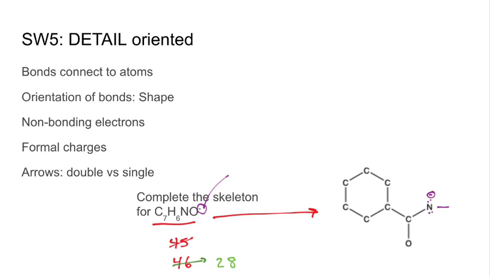Hydrogen. I could do it to hydrogen or double bond to carbon. Which one's correct? Doesn't matter. Both of them are correct. SmartWork might tell you you're wrong. This is where you can send me an email because this has to do with how it gets programmed in for correct answers. So this is one of those reasons why you should send me an email when you're getting it wrong. Okay? Once that's nailed down, you've now added 6 more electrons, which means my 28 drops to